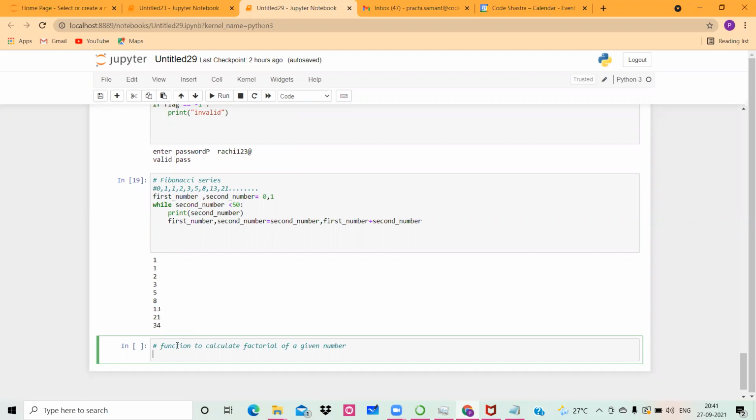Yeah, it's clear. It's asked to create a function in order to generate factorial of any number that user wants us to create. So we can create a function. We are writing this name of the function as fact. Whenever you create any function, uska function name automatically change ho jata hai, because now you can't use that name as a variable name as such. It's a function that you are creating.